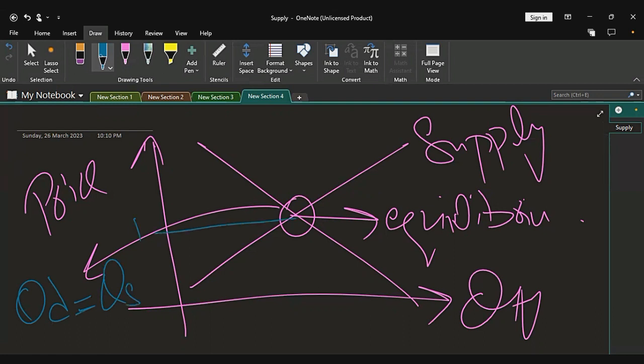This price is known as the equilibrium price and this quantity is known as the equilibrium quantity. If we move upward from this area, it will create